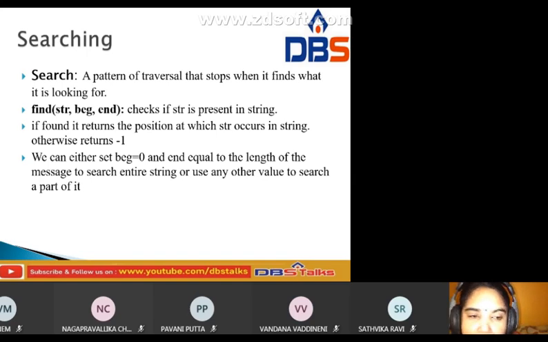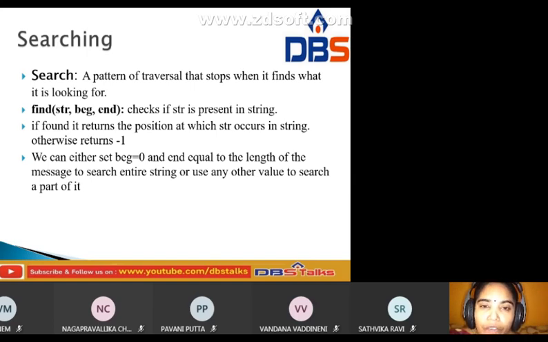The next point is the method find of str, beg, end. Beg means beginning, end means ending. This is the find function, and it has three parameters: str means string, beg means beginning, end means ending.